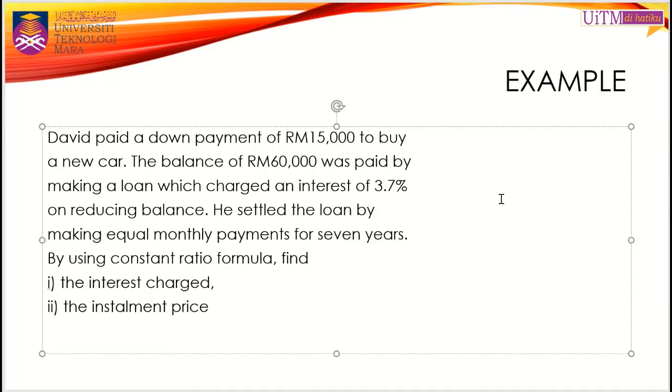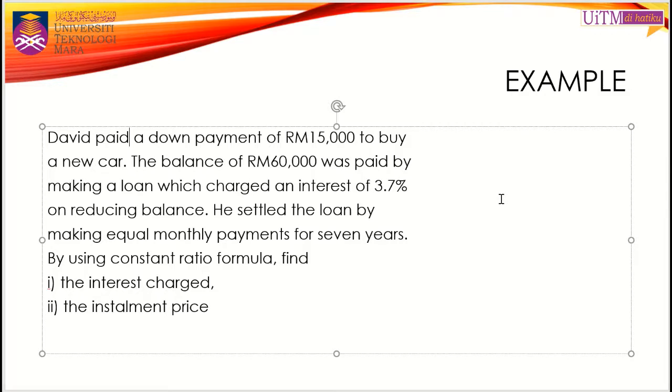It's stated here that David paid a down payment of 15,000 to buy a new car, and then the balance of 60,000 was paid by making a loan which charged an interest of 3.7% on reducing balance. He settled the loan by making equal monthly payments for 7 years. And the question says that by using the constant ratio formula, find the interest charge, and